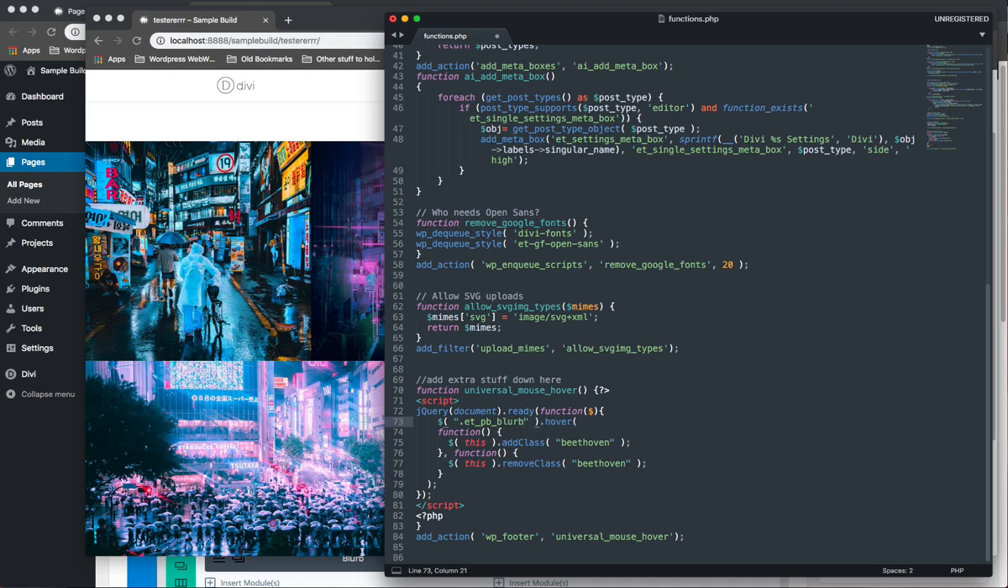Where's the B? Oh, there it is. etpb blurb. You can do that. All right, that's going to take a while. Yeah, module. I'll leave it as module, which means anytime the mouse hovers over a module, it will add the class